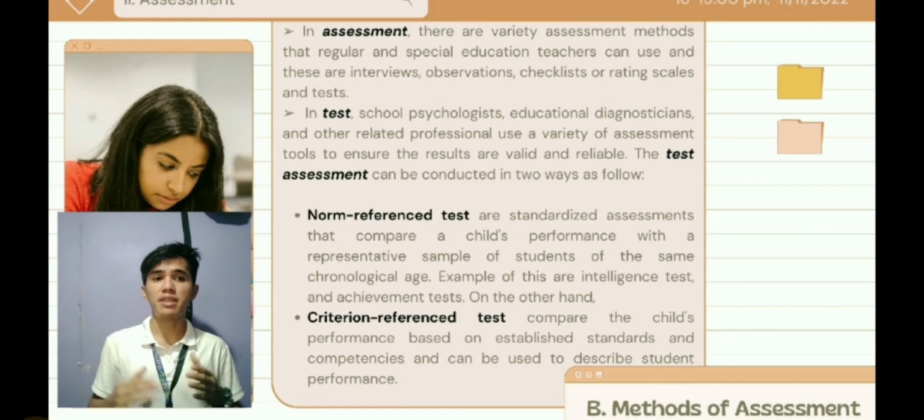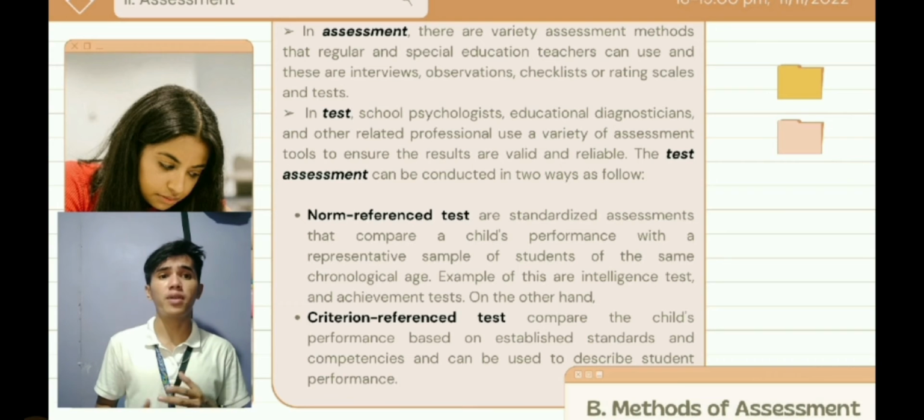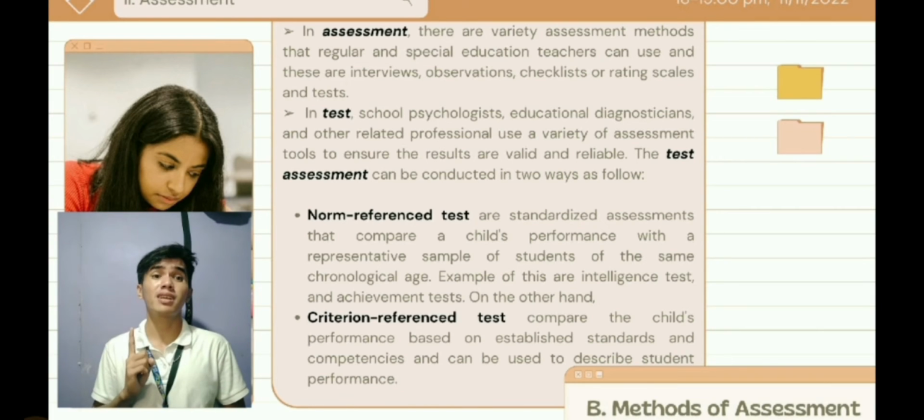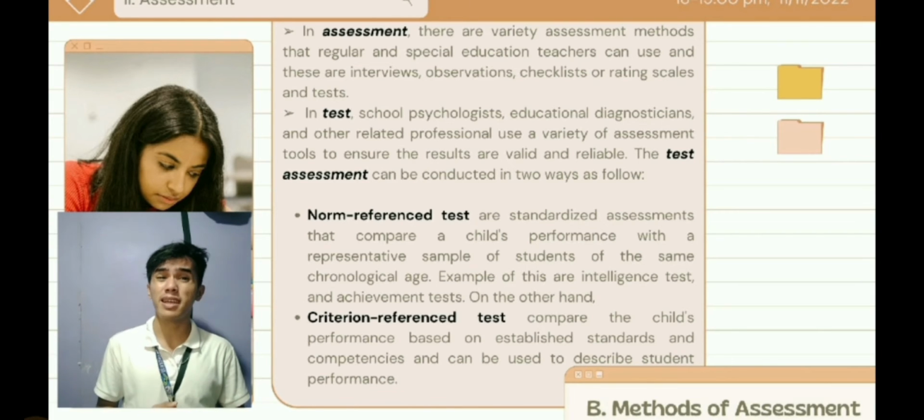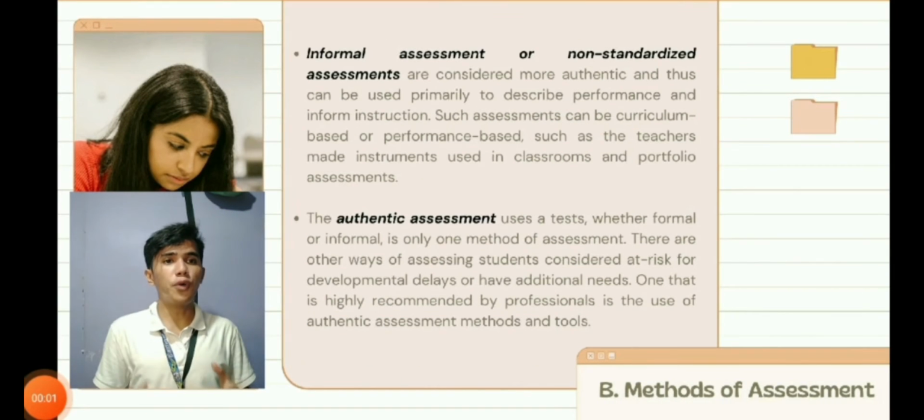Examples of these are intelligence tests and achievement tests, while the second is the criterion-referenced test. It compares the child's performance based on the established standards and competencies and can be used to describe the student's performance. The norm-referenced test is based on the intelligence test, while the criterion-referenced test is based on the performance of the learners. Informal assessment or non-standardized assessments are considered more authentic and thus can be used primarily to describe performance